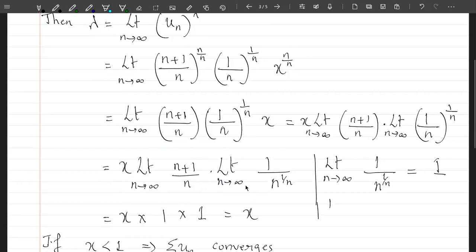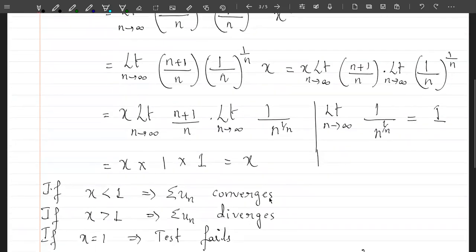You can check how that is. If you take limit n tending to infinity, what will you be actually getting here? You get infinity to the power 1 by infinity. 1 by infinity is equal to 0. So you get 1 by infinity power 0 over here. You can solve this standard limit by using L'Hopital's rule, which you have learnt in the last semester. So please remember the value of this particular limit is equal to 1. So this limit takes a value 1. This limit also takes the value 1. So I get the value of lambda here as x.